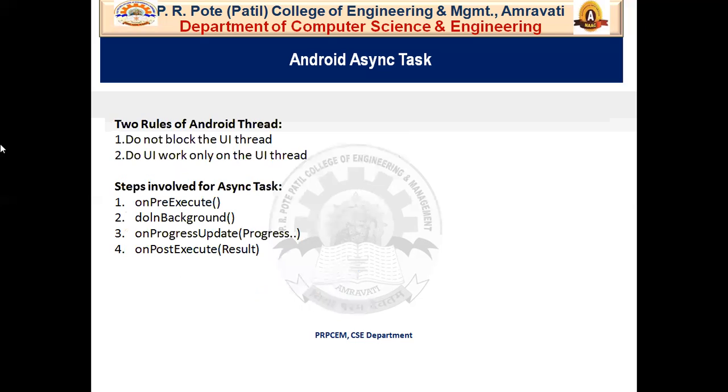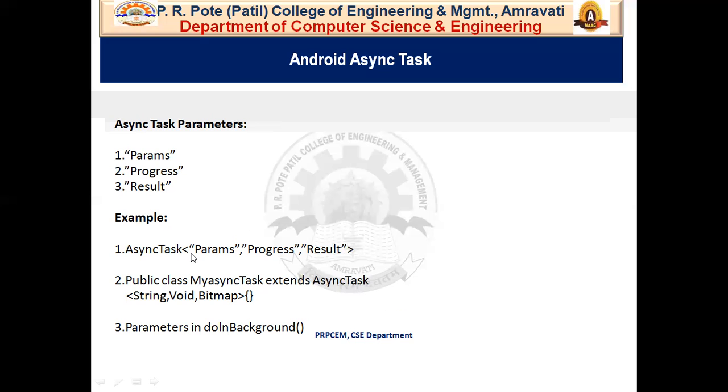The result which is returned by the doInBackground method is passed as a parameter to this onPostExecute method. So for asynchronous tasks, there are 3 parameters: Params, Progress, Result.